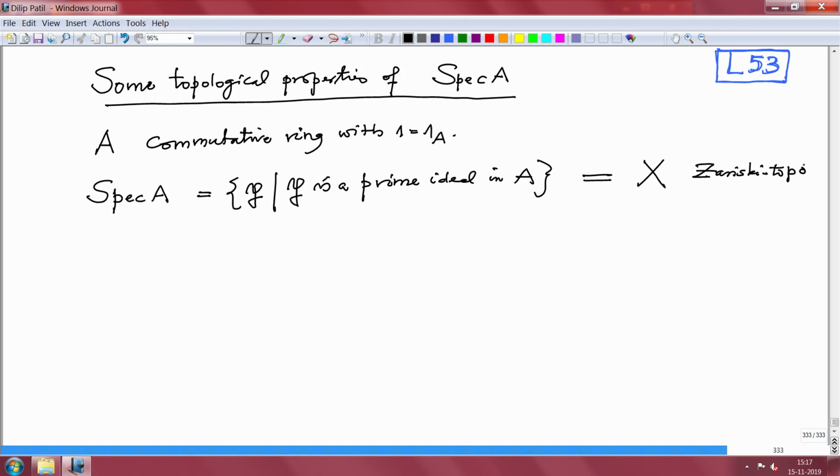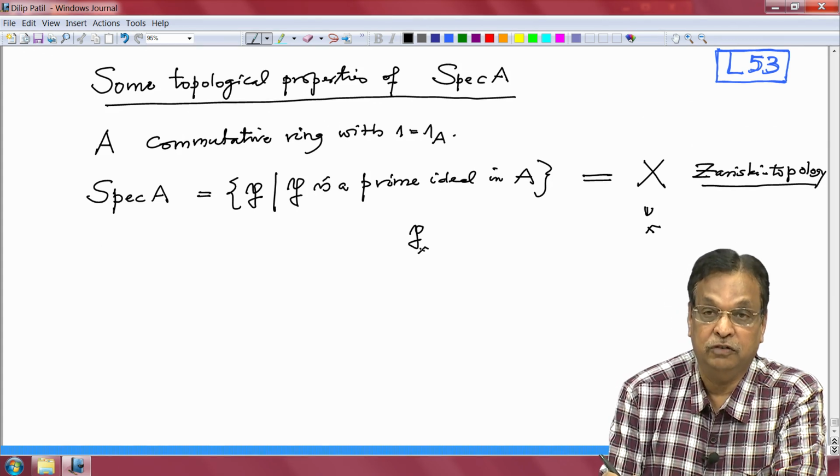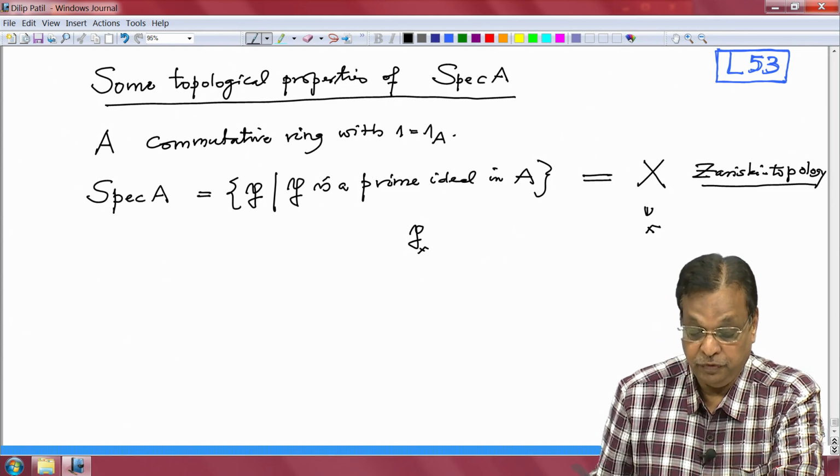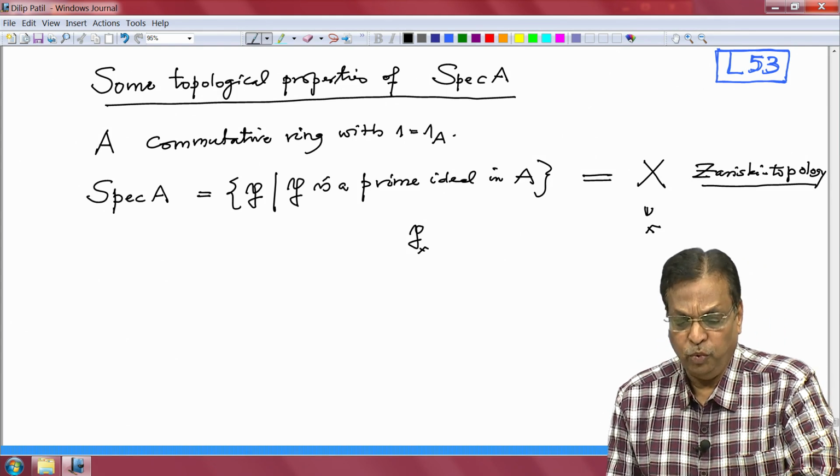Whenever we see the word spectrum, that is always with the Zariski topology, and our notation is, if you have a point small x in X, when we want to switch to algebra you should write P_x. Just to remember, we have come back to algebra and we are going to deal with prime ideals, maximal ideals, intersection, sum, and so on. Alright, so first I want to prove very basic properties.